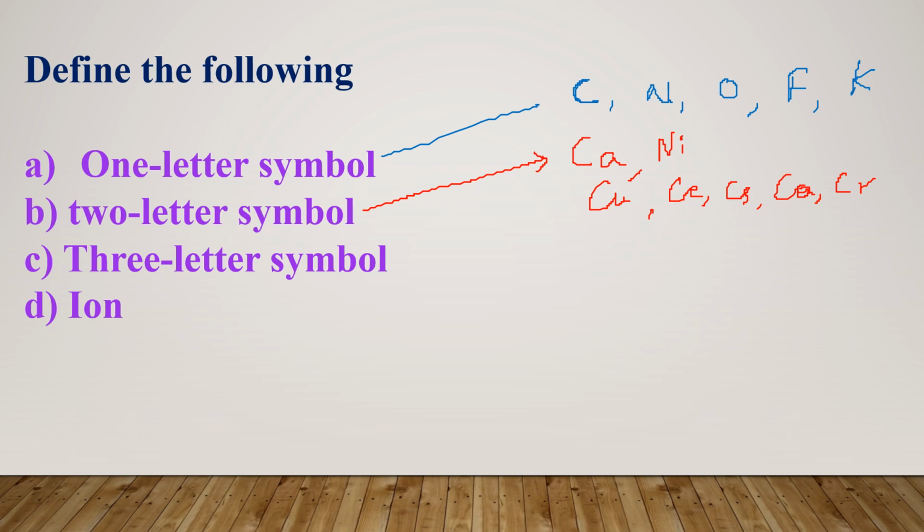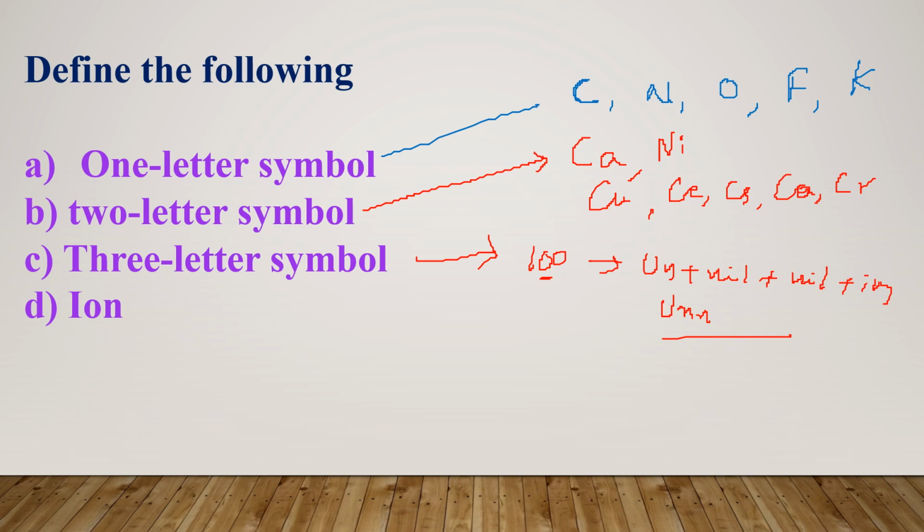Next, three letter symbol. What do you mean by three letter symbol? Three letter symbol means, suppose 100 is there. 100 means generally we'll use un, nil. Here if one is there, generally you have to use un. Then after that zero is there. Zero means that is nil, and another zero is nil. Plus ium. So like this, we can call it un nil nil ium. This we can call it as 100.